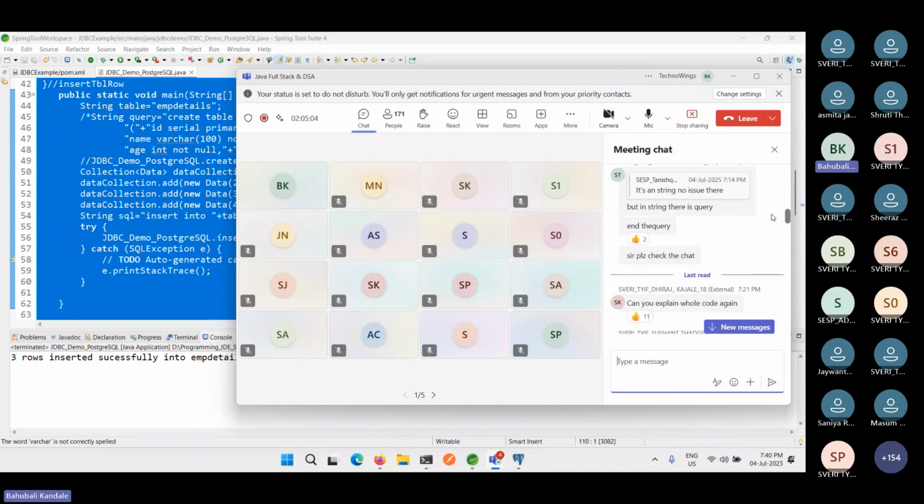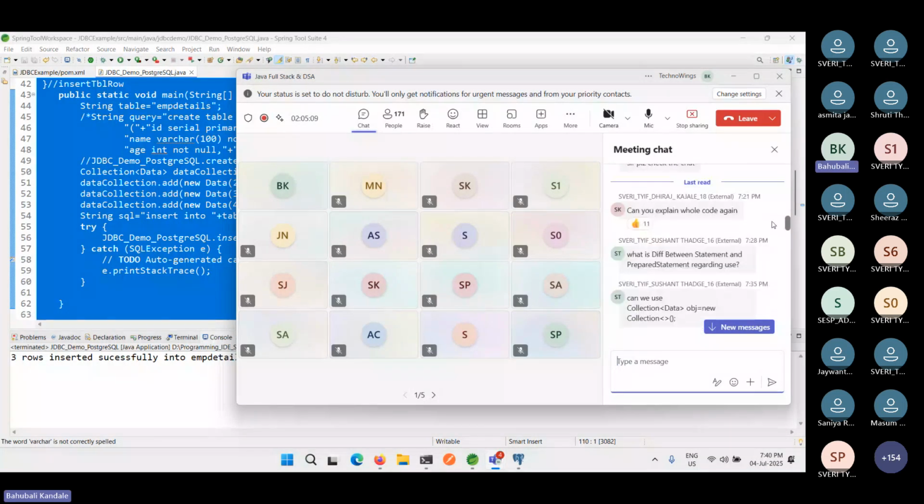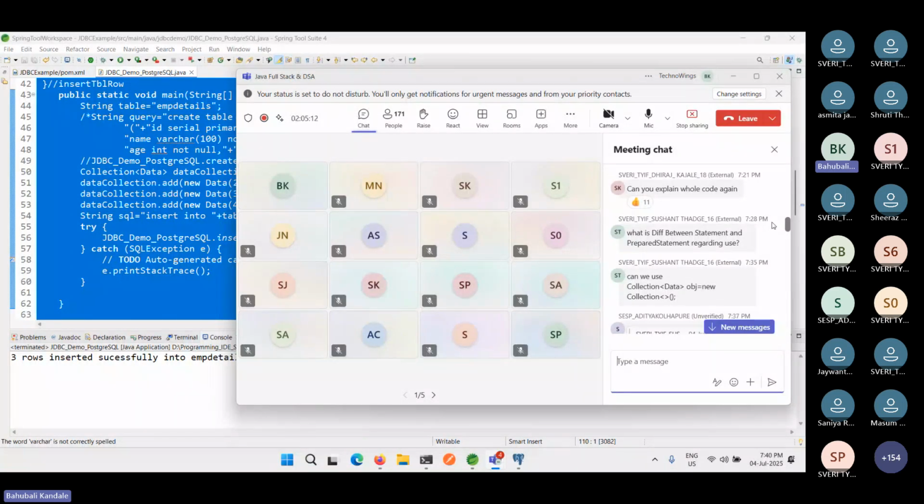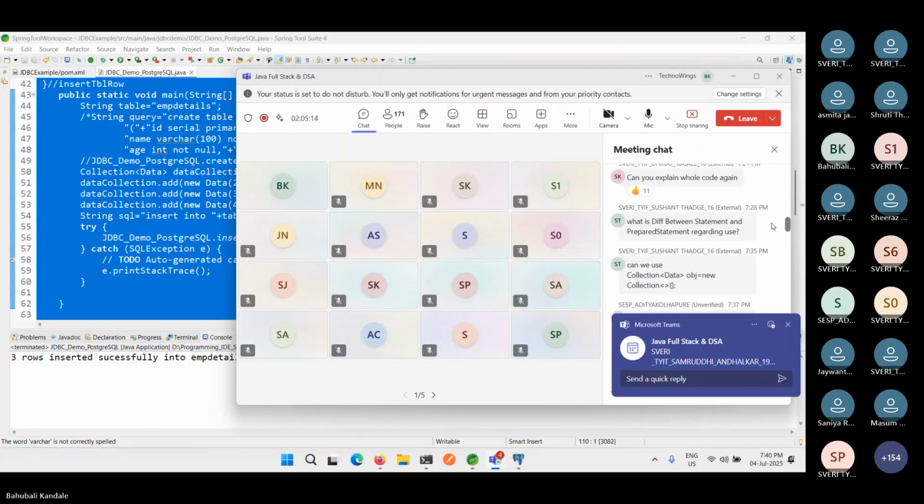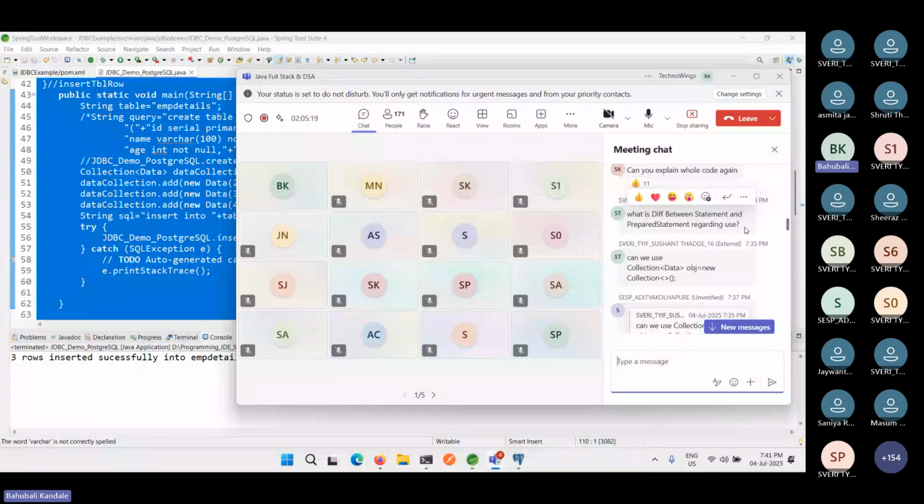Okay, I'll go through our chat. So what's in the chat there? Yes, I will explain all that code again. No problem. What is the difference between statement and prepared statement? Statement is used for raw queries, and prepared statement is used for parameterized queries. That parameter is indicated with a question mark. In prepared statement, that question mark we set with setter methods, and